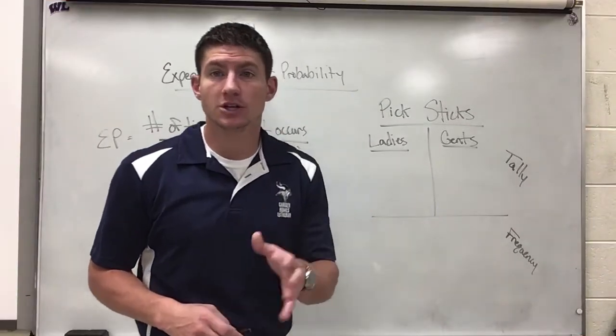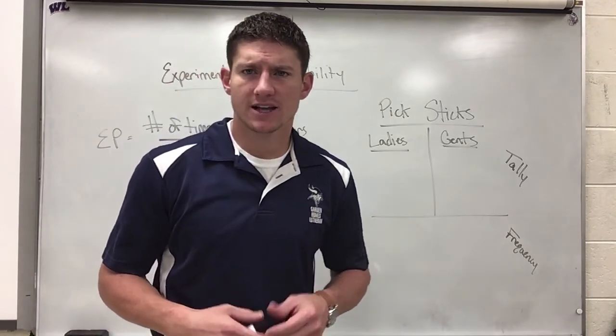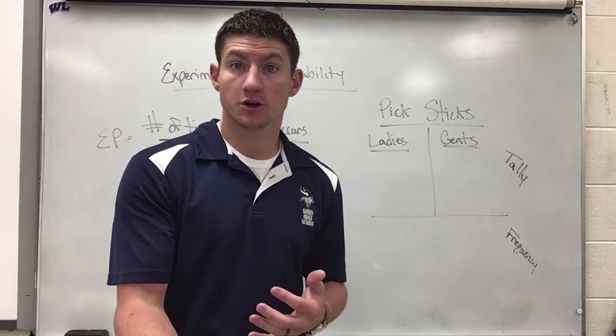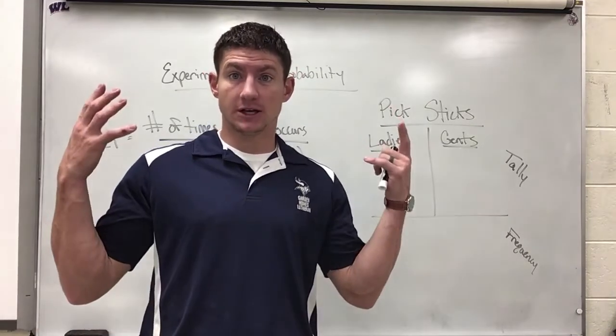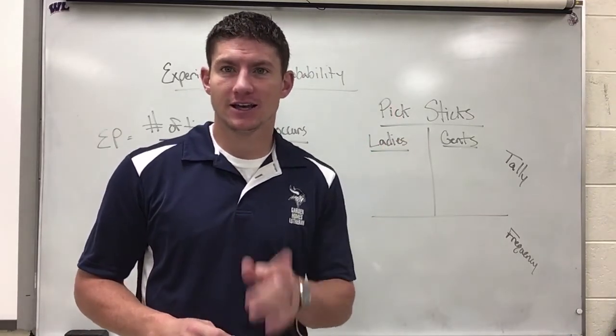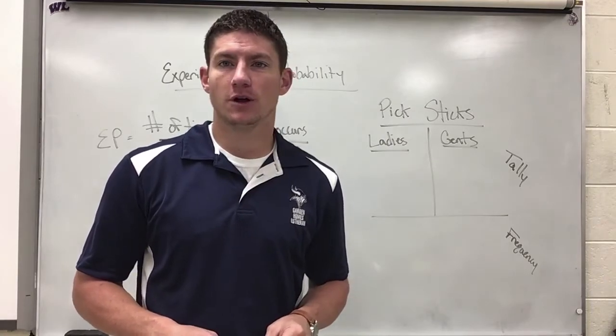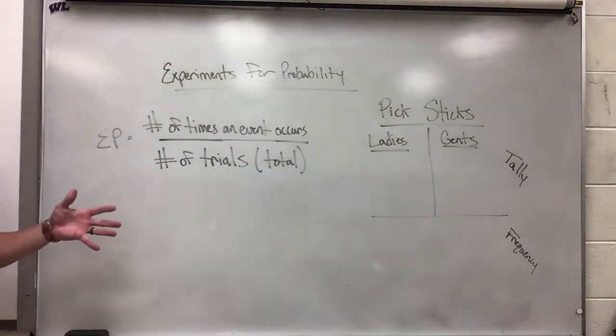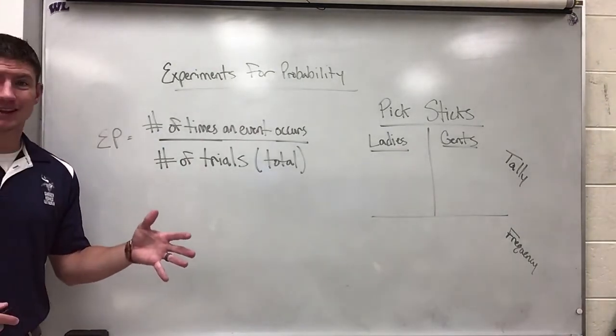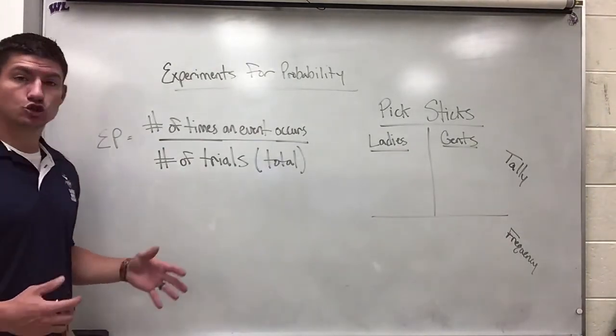The exploration portion of investigation 1 asks us to do an experiment to figure out experimental probability. There's one listed in your textbook, but we're going to do one differently together in class today that has you a little bit more involved. Before we start, remember that experimental probability is defined by finding the probability of an event, the likelihood of something happening, based on the total number of trials.